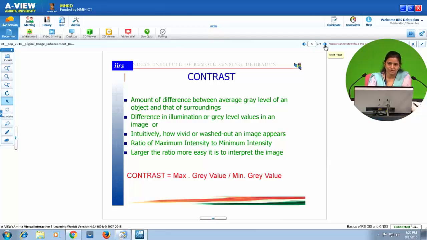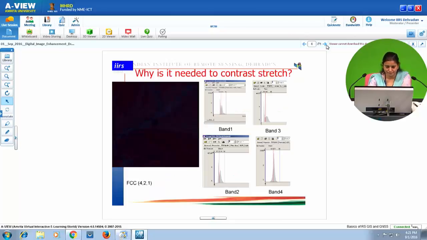In simple terms, we can say how vivid or how washed out the image appears. Mathematically, it is the ratio of maximum intensity to minimum intensity. If the ratio is larger, the contrast is more. If the contrast is more, it is easier to interpret the image. Mathematically, contrast is equal to maximum gray level divided by minimum gray level.